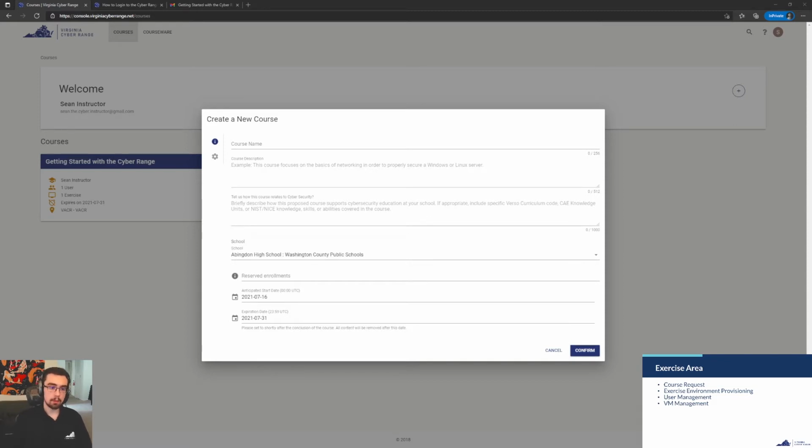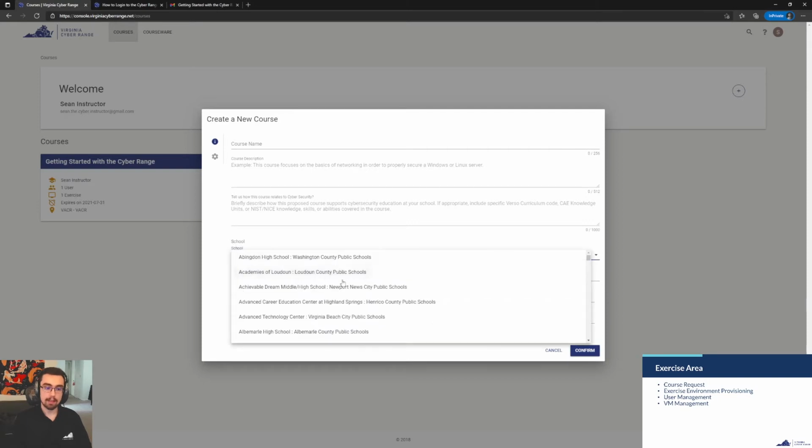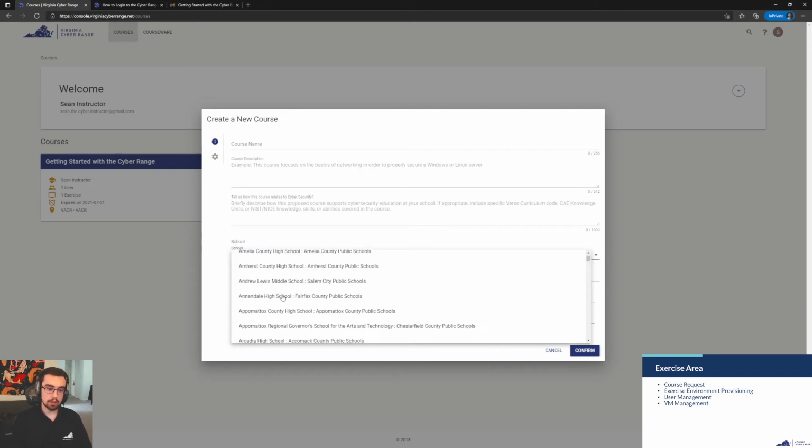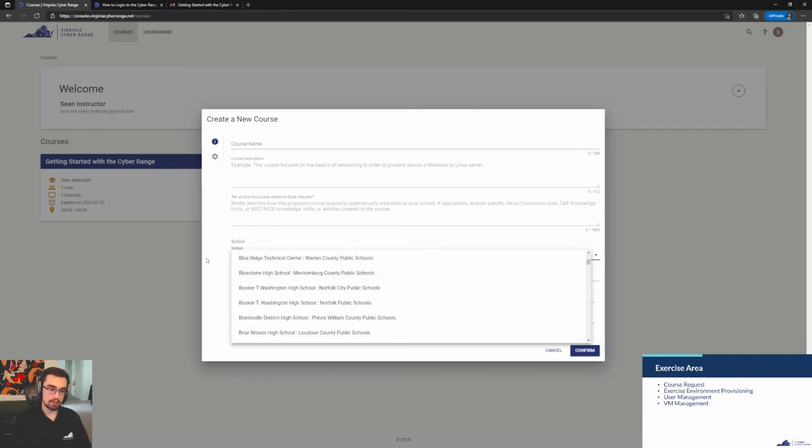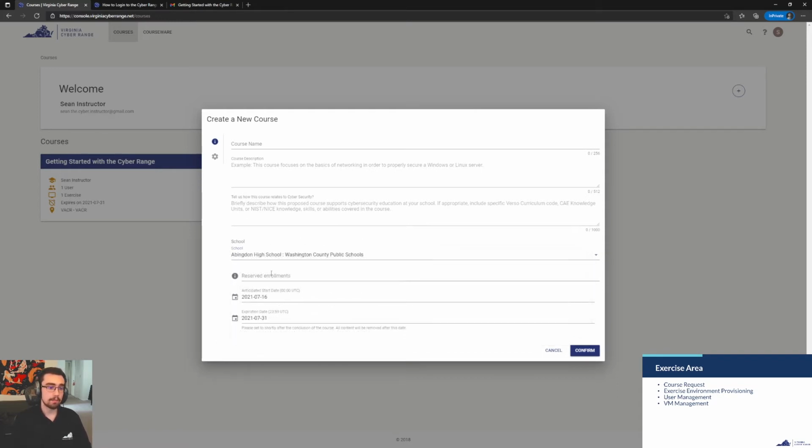So the next couple of fields that you'll need to fill out are the school, and this should be relatively self-explanatory. Just find your school within that list and make sure you select that. And for the reserved enrollments, you'll just want to include however many students you have in your course, that way we can try to have virtual machines ready to go depending on how large your course is going to be.